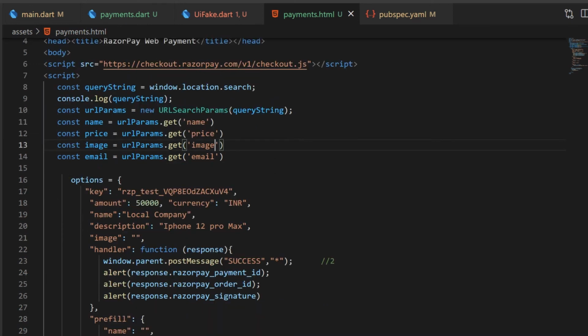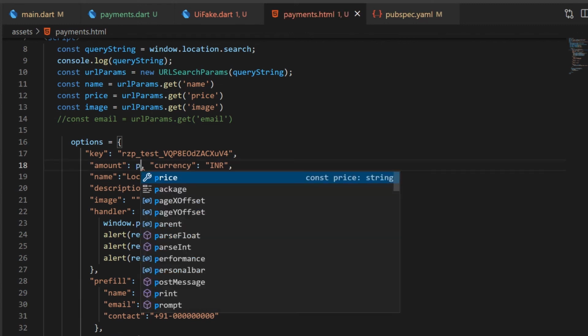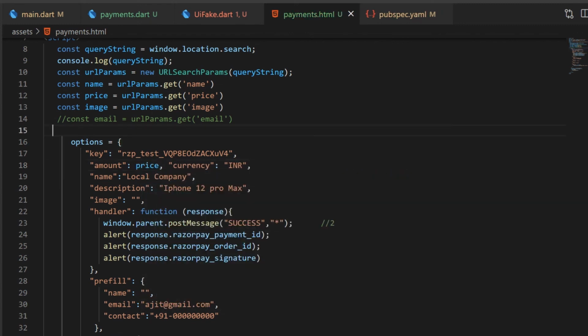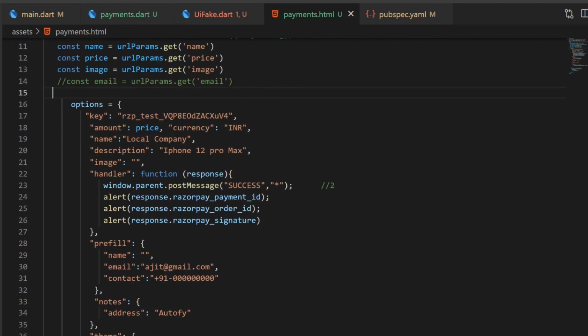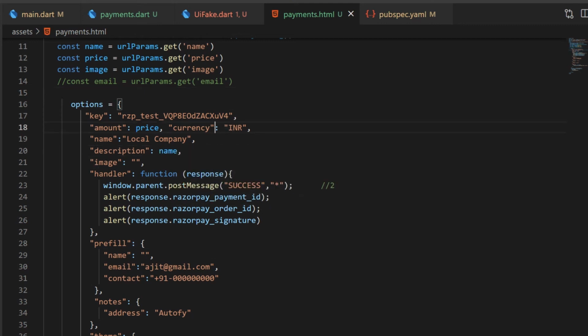We don't need the email right now. The amount is the price in Indian rupees. Then the product name is the name we are fetching from there, the company's local company, and this is the image.